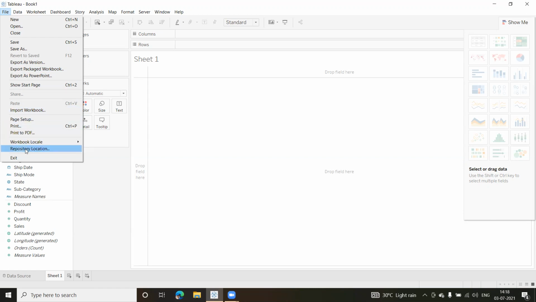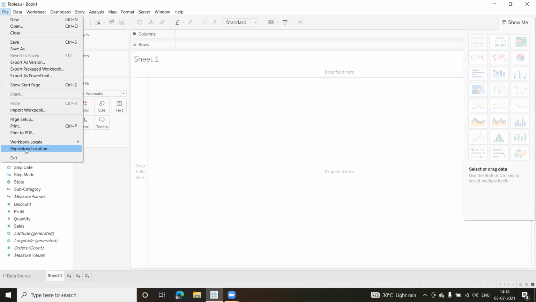Now there's one option here to change the location of your files which are stored. By default, when you install the application or your software, you will find that in My Documents, the folder of the data set is all created there, and by default it is going to store all my content there. At the beginning, when I opened that file to select the data source of Superstore, you saw that I went to my documents. Under that there was a folder which got created for Tableau, and under that again there are multiple folders and so on. So even the location, if you're not happy with C drive,